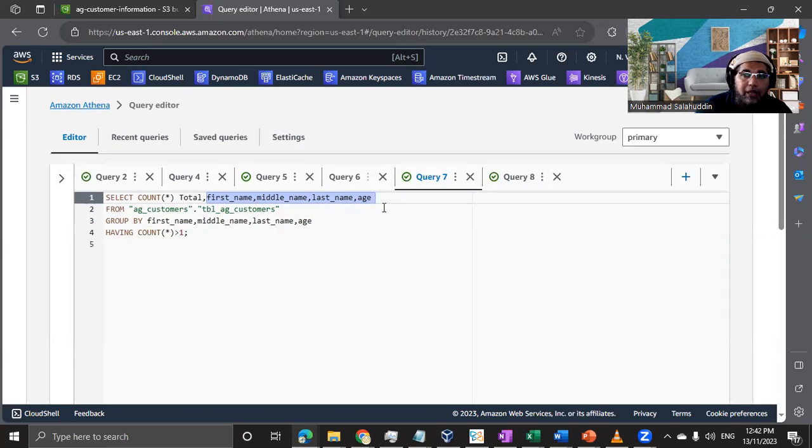But to tell you the truth, that's not a very good approach and not recommended, because it might be possible we have a duplicate entry based on the first name, middle name, last name, and age, especially if you are working in a big system where you have plenty of customers, right? It's going to happen that you get two people having the same name and the same age. It's not, I would say, avoidable. So always try to use a proper primary key or unique ID,